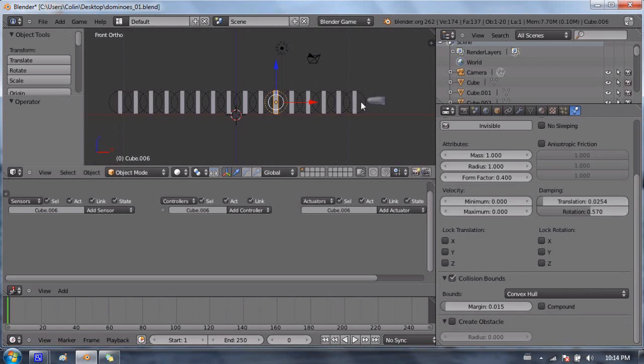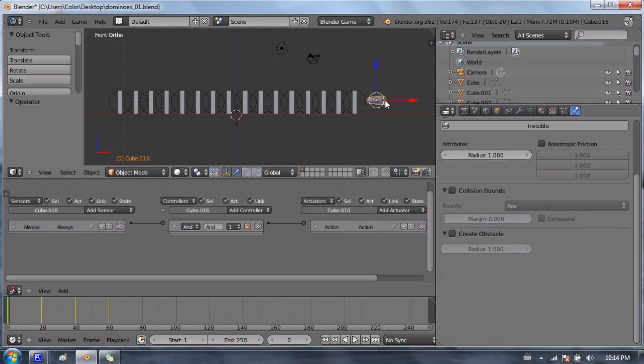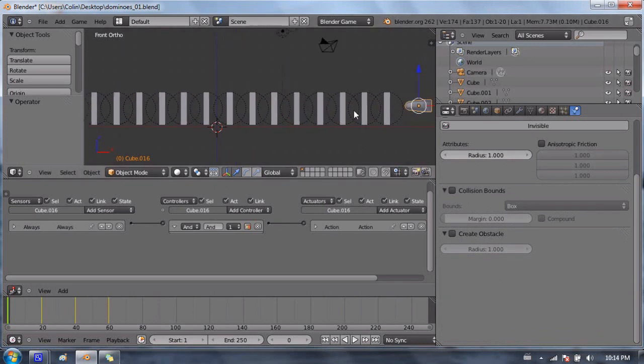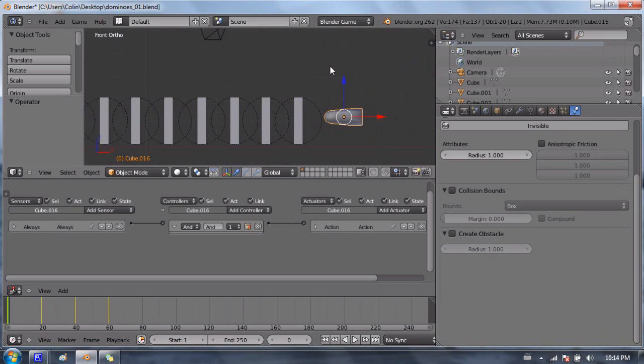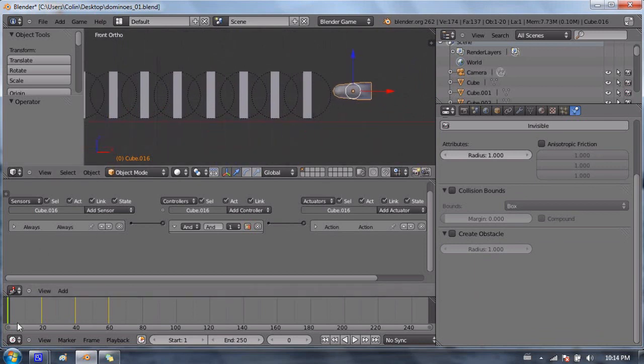And so if we press the P button with our mouse in the 3D view window, the simulation will run. Now I also have a finger that I've made. I think in the old version I had to redo this file. I just had a cube. I kind of just modeled my cube to look a little bit more like a finger. Other than that, it's exactly the same. And we animated that finger pushing into the dominoes. And of course the dominoes don't fall over because we haven't animated those falling over